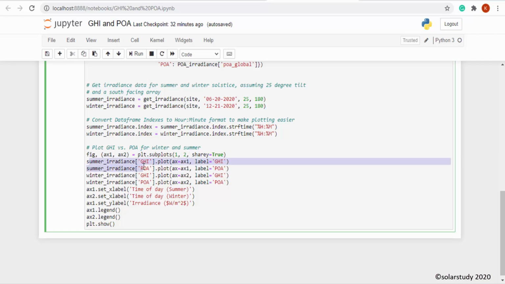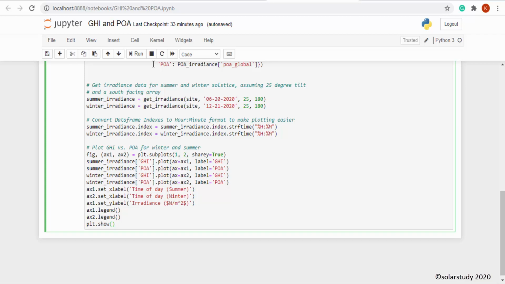Then summer irradiance, you require GHI and POA during summer time. Then again you require winter irradiance. That is also a plot containing GHI and POA. Then axis label, x label with the time of the day in the summer and winter, and y label is in irradiance format. Then plot legend, and we have to show the plot.